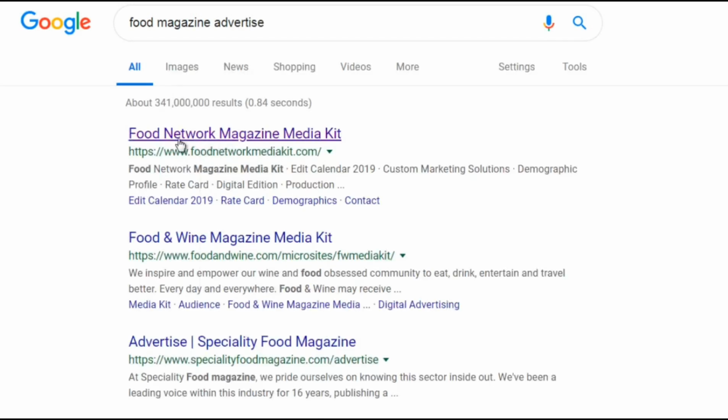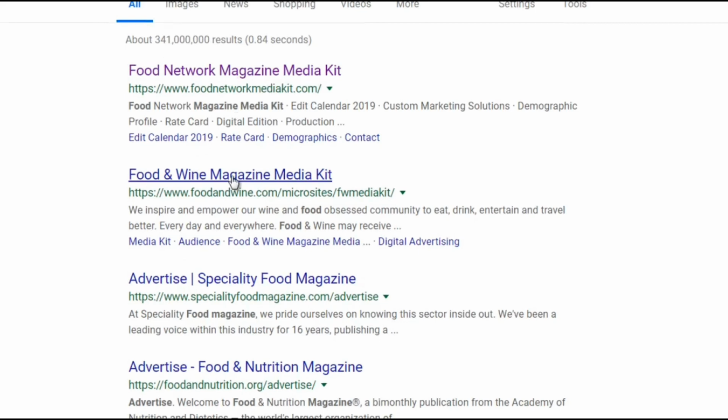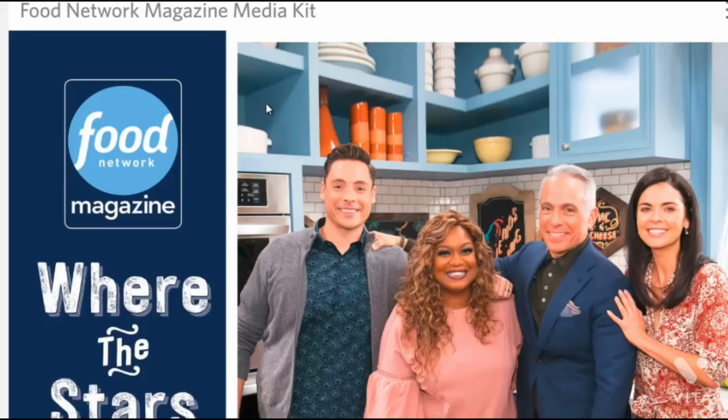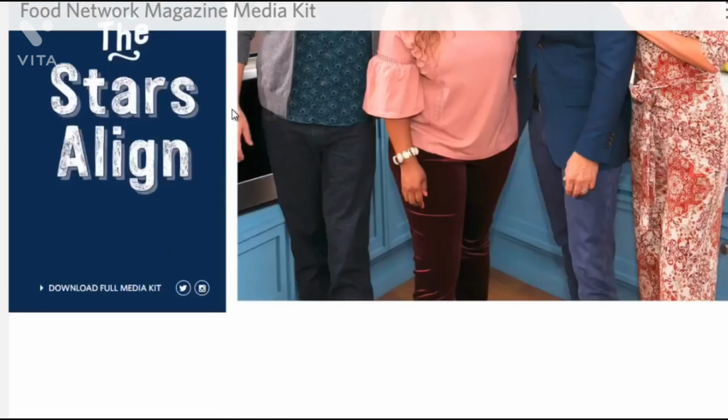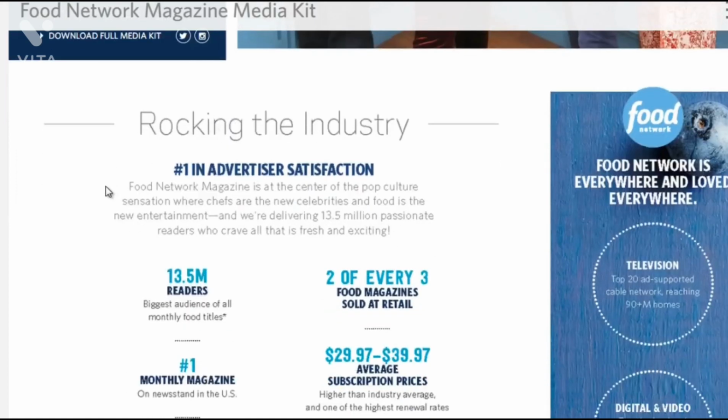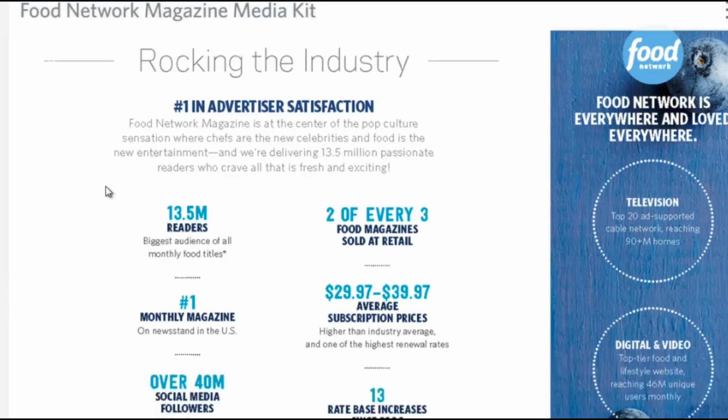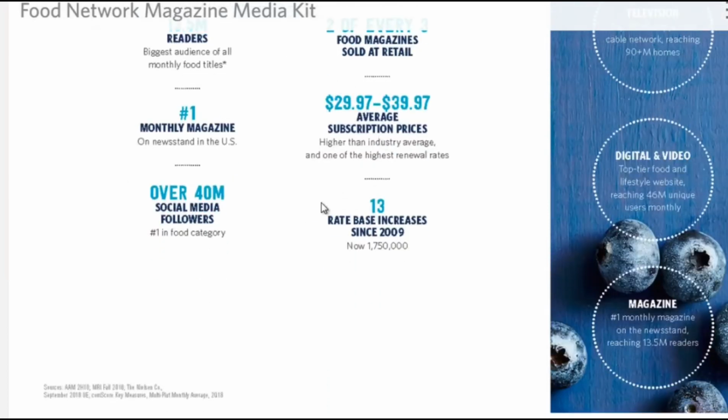So for example, the Food Network magazine media kit, the Food and Wine magazine. And bear in mind that we are not going to advertise on these networks necessarily. You can if you want to, but this will give us a better idea of the demographic. So essentially, a lot of these magazine companies, they want you to advertise. So in order to get you to advertise, they're going to provide you with the demographic information. So we can see here, besides this data here,